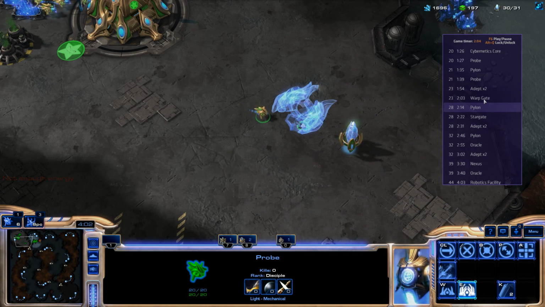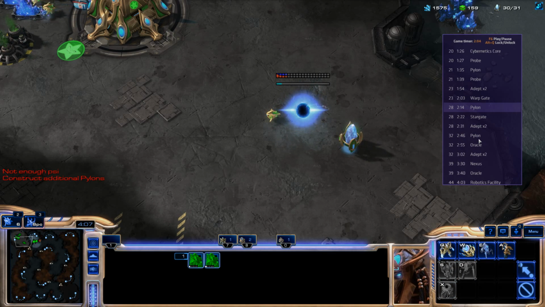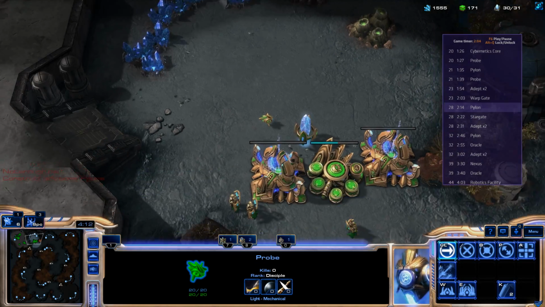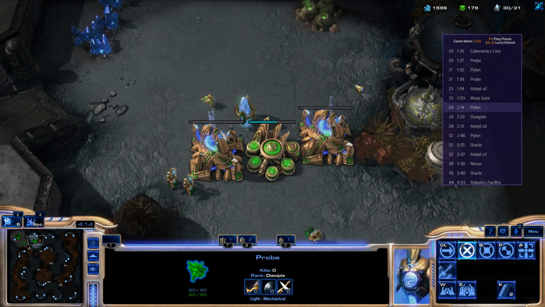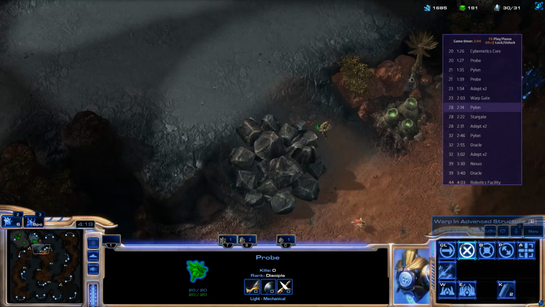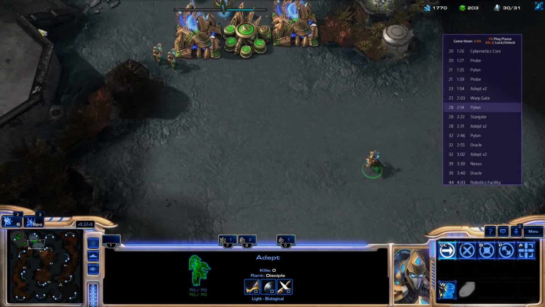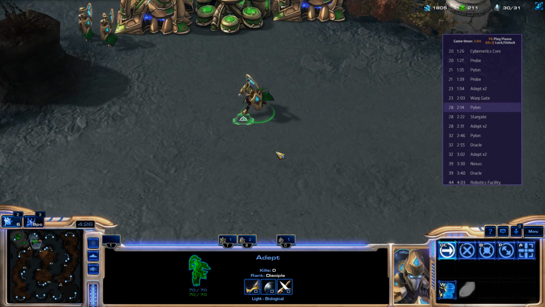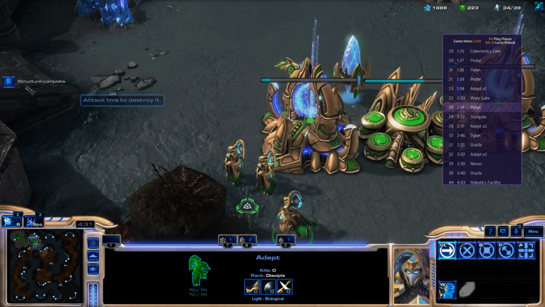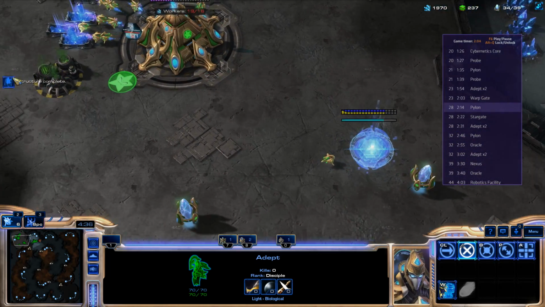I can build myself a Stargate and a couple additional Adepts, but in this case, I already have a few. Oh, look at that. I like the fact that these units will not chase them too far. Okay. In any case, the pylons here,